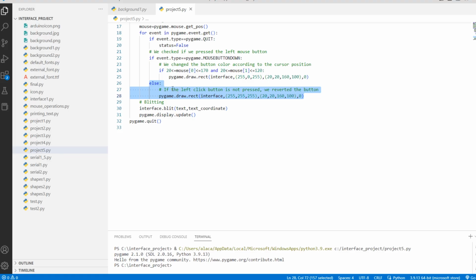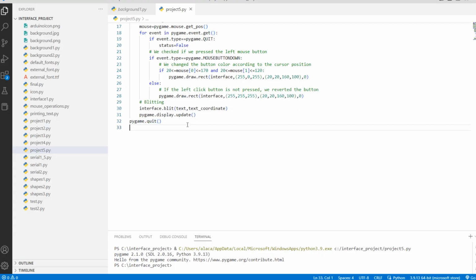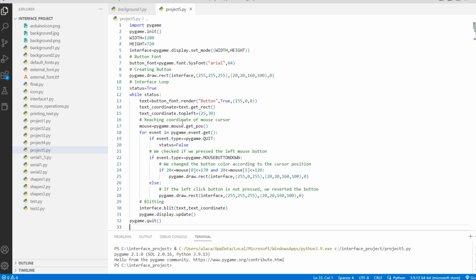When we continue to examine our code, we displayed our text in the window with the blit method, so you can see here. And we state that our window should be updated. Finally, we called our quit function in Pygame in the main code block to close our module. Alright my dear friend, we are done.